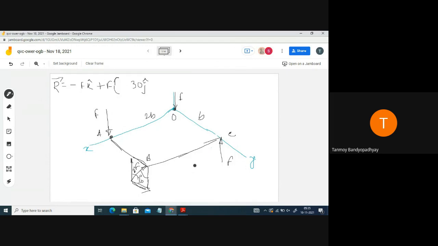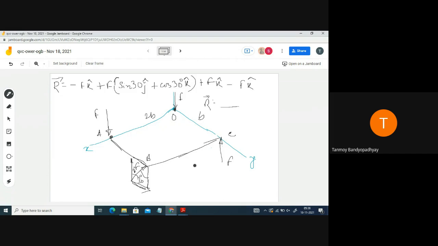So this is sin 30 degree j cap plus cos 30 degree k cap. Okay, these two are done. Now what is there at point C? It is f k cap plus f k cap, and at the point O you are having a negative force. So this is minus f k cap. So just this you have to calculate. It will simplify and it will come out to be something.